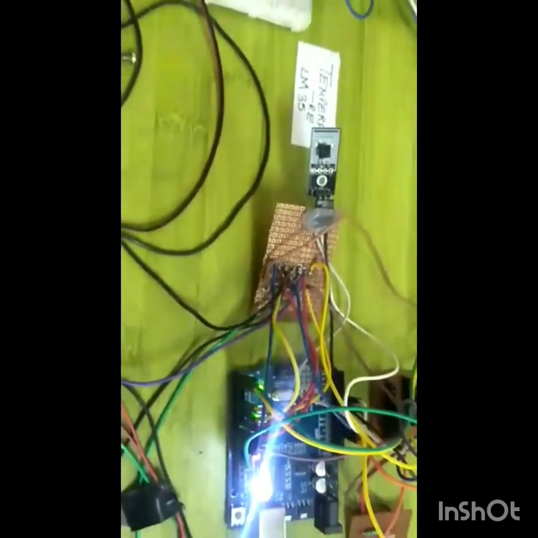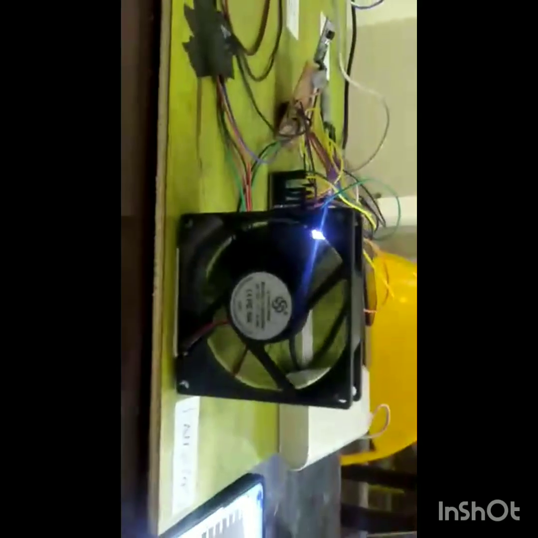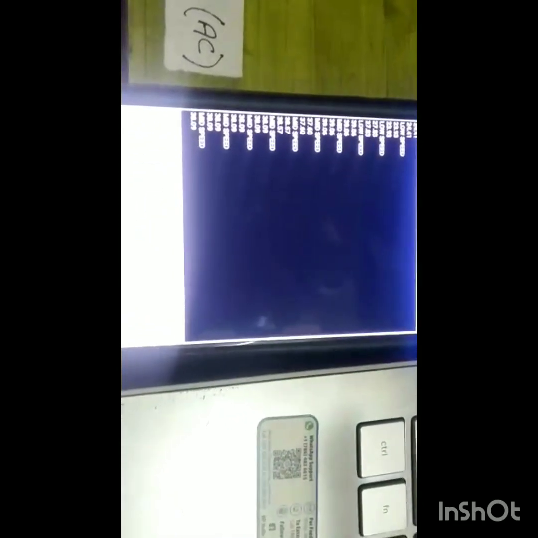Now after some time we do not have any heat near the temperature sensor, so it is slowly reducing its speed. We can also see the data on the user interface on the mobile. Now it is at its mid speed, that is 25, and now at low speed. So in this way it adjusts its speed and shares the data with the help of the Bluetooth module. Now this is a controlling system. We also decided to save the energy inside the room.